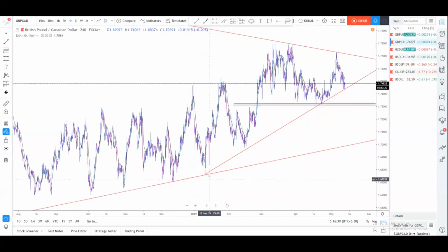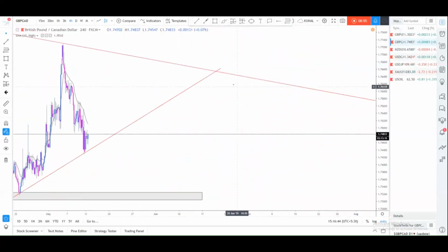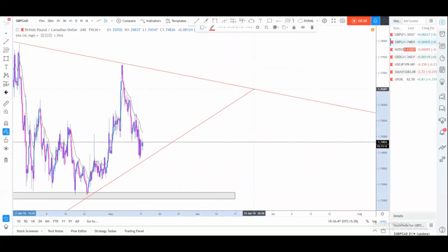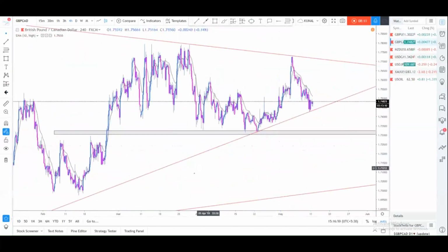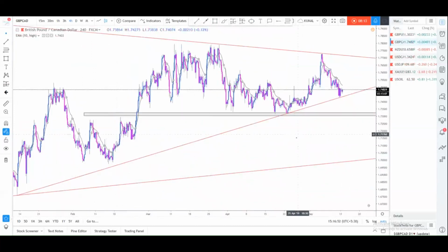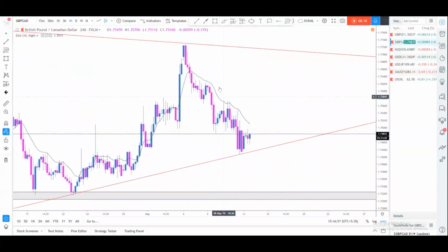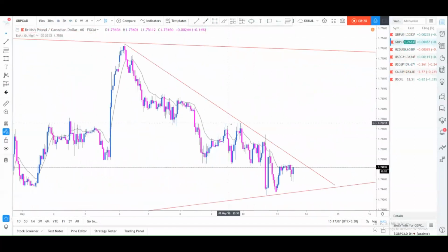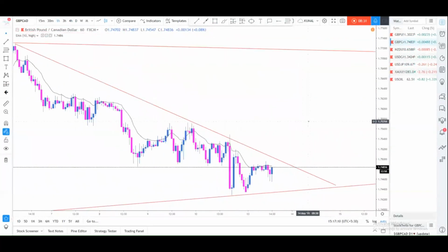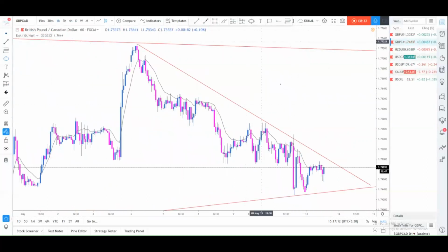So coming down on the H4, if we try to draw this trend line more perfectly, what we will see is it got a perfect bounce. Okay, right over here first, second, and a third bounce at this level. Also, this to me looks very corrective, so we can have that impulsive move to the upside. So we have this trend line, which is the counter trend line. Let's go on the H1 to expect something basically. So we have this third bounce happening over here, perfectly closed as a doji candle as well,